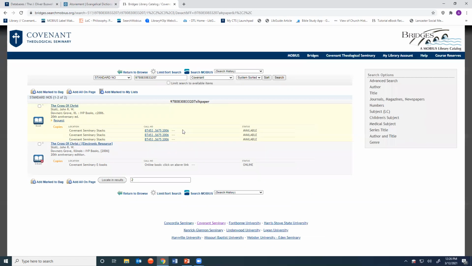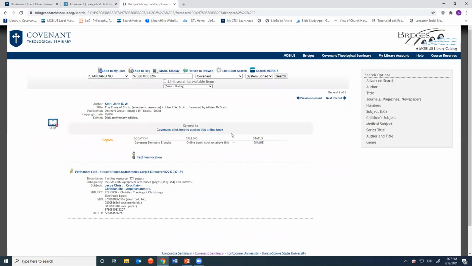We own several hard copies of that book, and then we also own the ebook. So you could check out a physical book from the stacks if you're on campus, but if you're not on campus, you can take a look at the ebook.